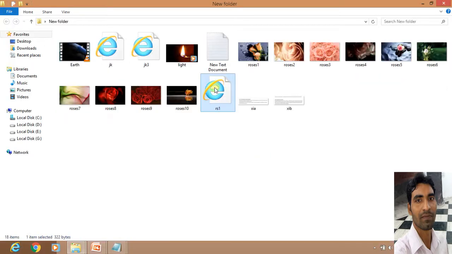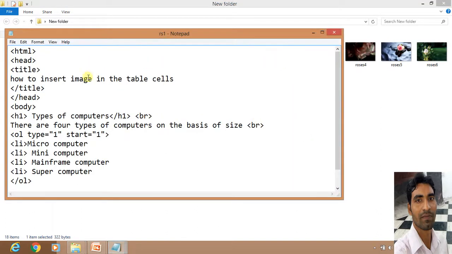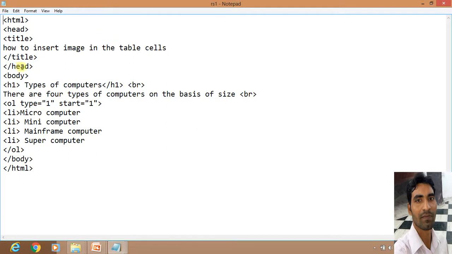Now we open the Notepad file. Let us see what the elements in this file are. Our elements are the body tag, h1 tag, and ol tag. Suppose for the body, h1 and ol tag we want to have CSS styles. So for this what do we write?